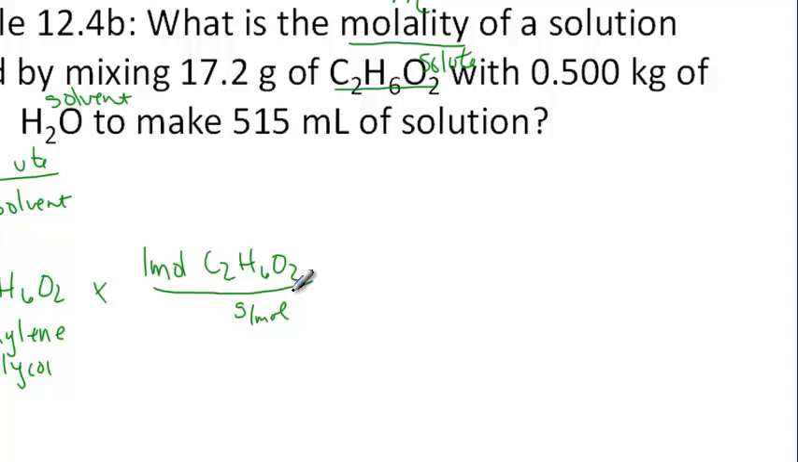12 times 2 for the carbon, 6 more on the hydrogen, 16 times 2 for the oxygen. I get a formula weight of 62. Alrighty, 62 grams per mole, the molar mass. When I cancel out, we've converted our grams to moles, and we have a next step where we need the kilogram of solvent,